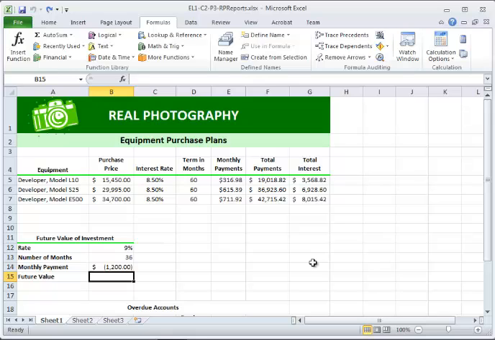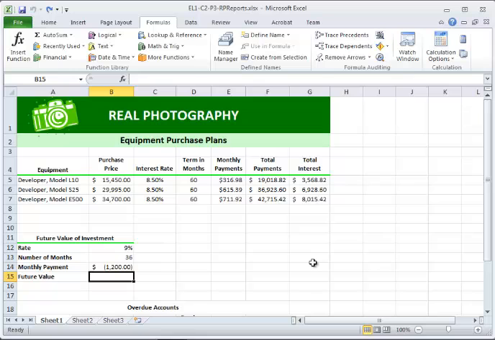This video is for project 3B in chapter 3. It's on page number 53. It is going to be talking about the future value function. That's the FV function. It calculates the amount of